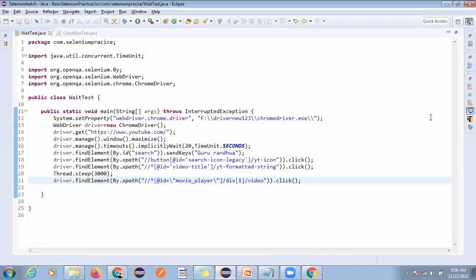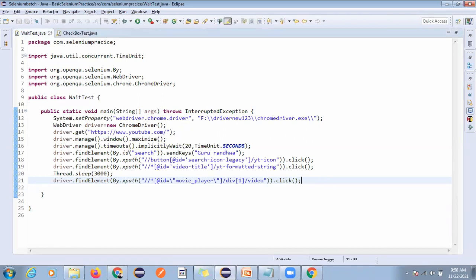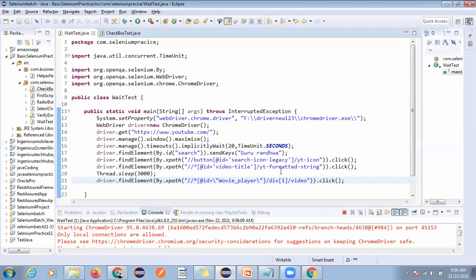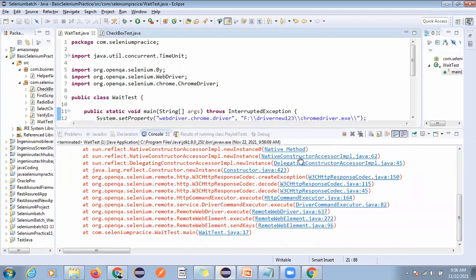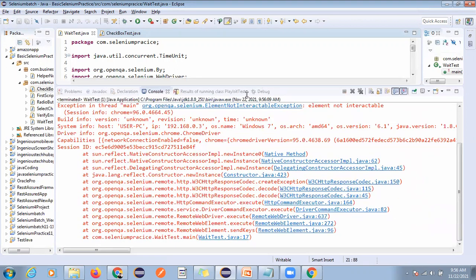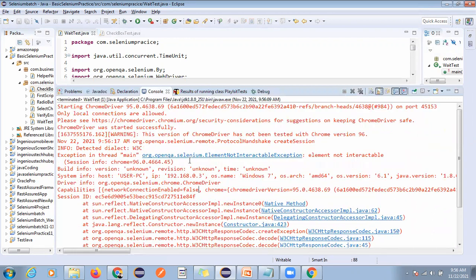Let me check. Still it is running and searching for the element, but you can see we are getting some exception here.